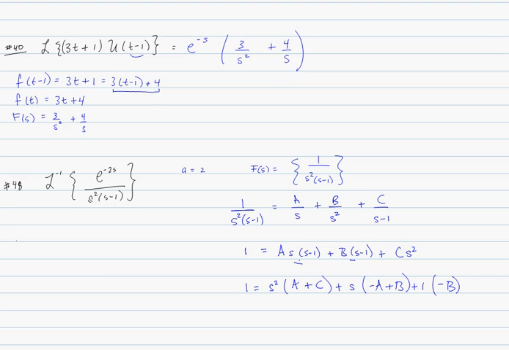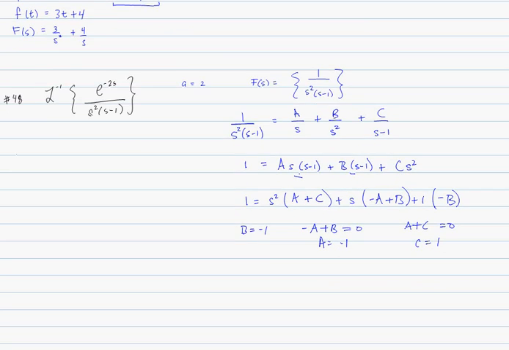Okay, so the constant here, minus b, needs to be equal to 1, so that b is negative 1. And then I have that minus a plus b has to be 0, and so that a is equal to b. So a is exactly minus 1 also. And then a plus c has to be 0, and so then c is exactly 1. So that means then that